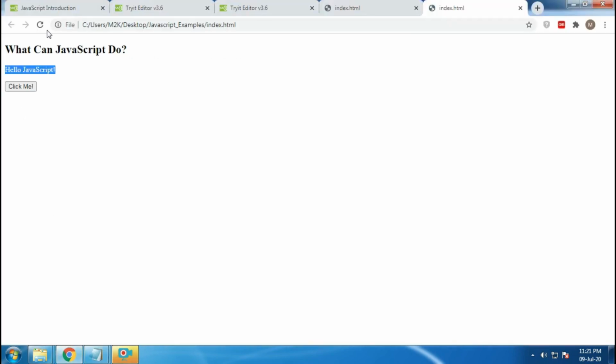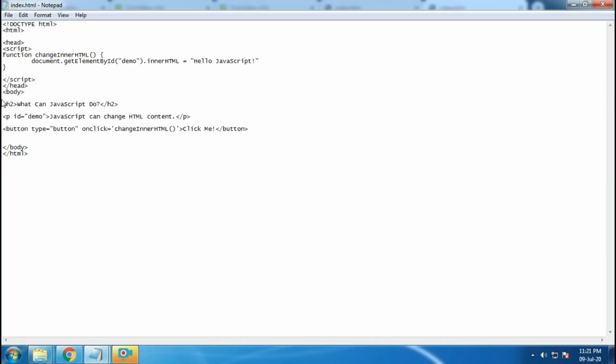So let's go here and refresh it. Okay, and it's still working. So this is the other way: you can include it in the body, you can include it in the head. But there is one issue with this. This HTML will render from top to bottom, from the root to your inner components. So what happens is the head renders first and then the body renders second.